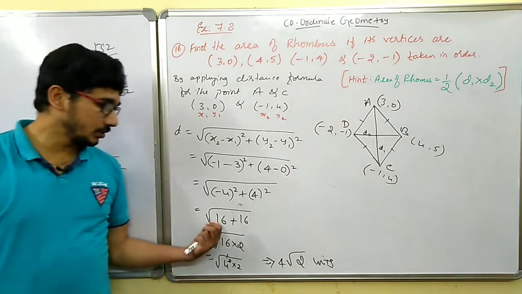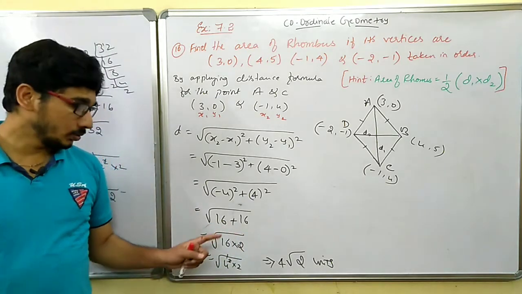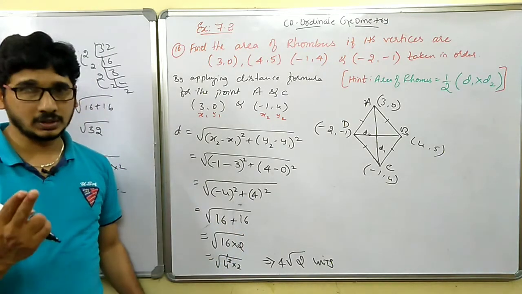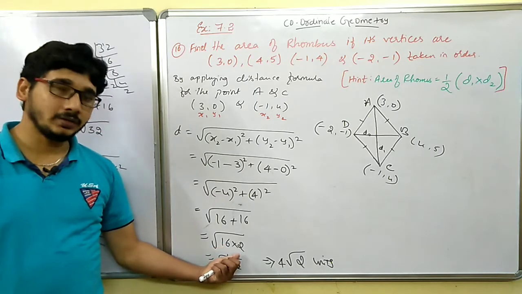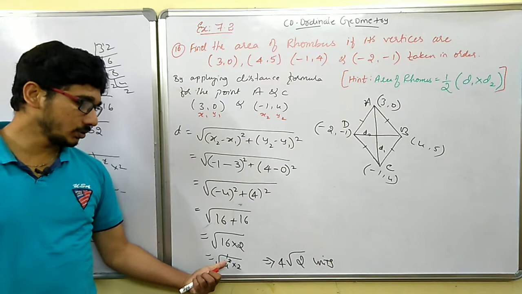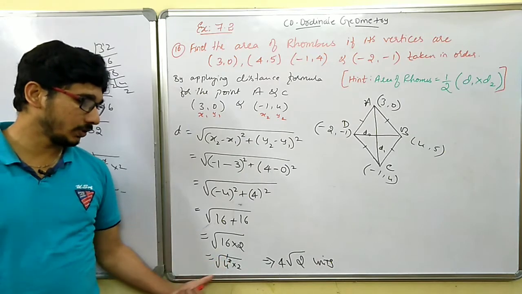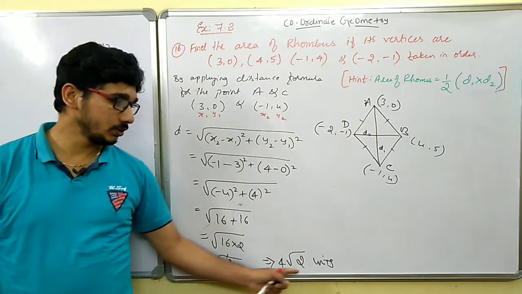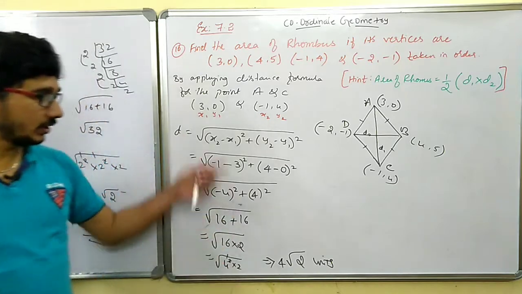Directly I have written 16 plus 16 is 32 now. So this is 16 plus 16, 2 times 16, right? So 16 into 2 I have written. 16 I have made it as a perfect square, now it is 4 square. Square and root get cancelled, 4 will come out. This root will be there for that 2. That is simple. So I left as it is.